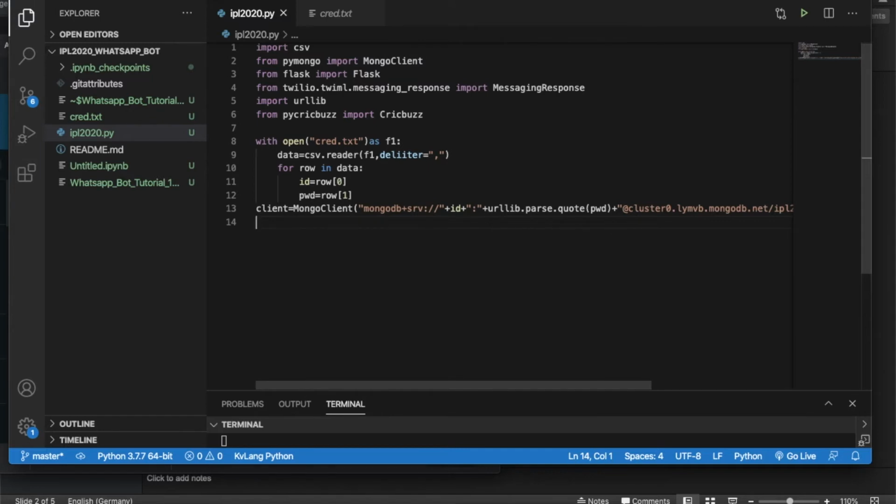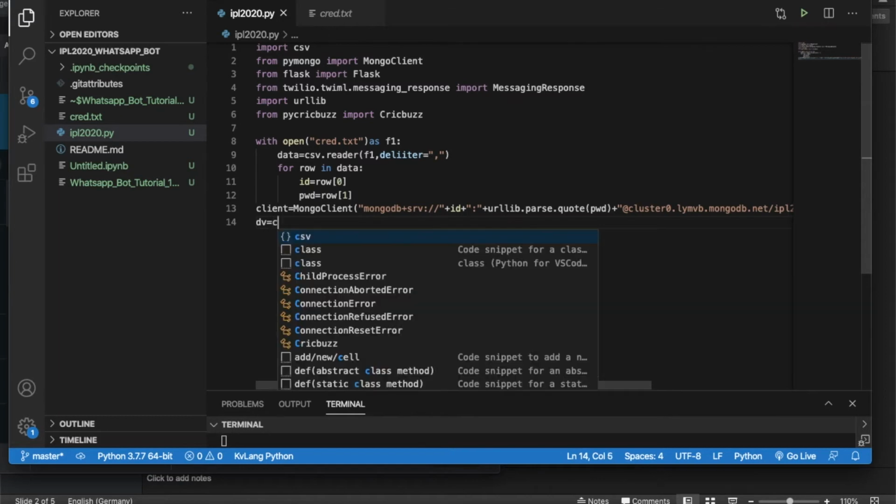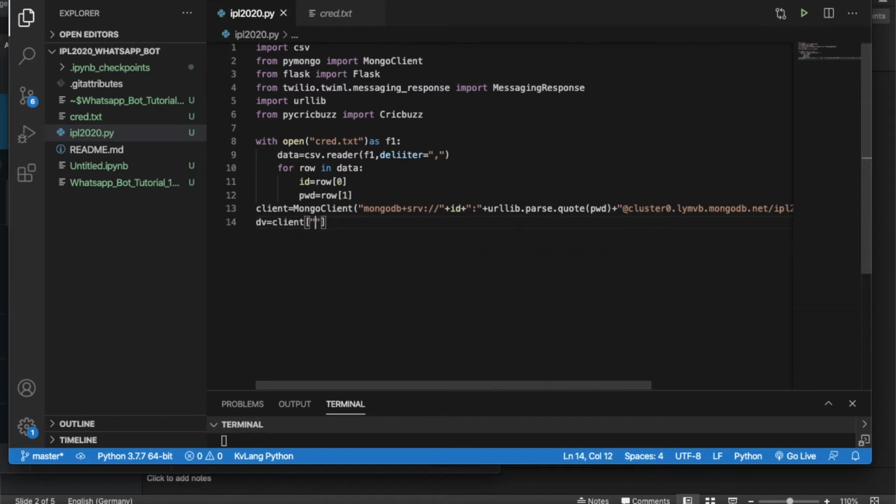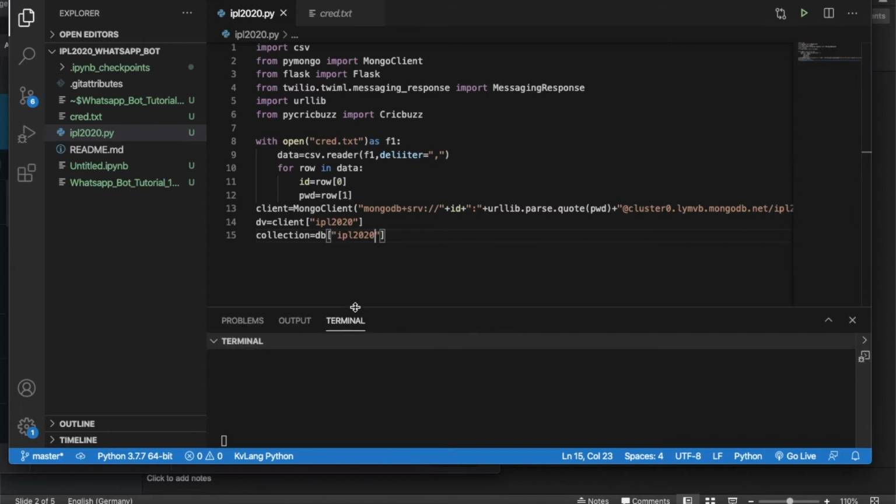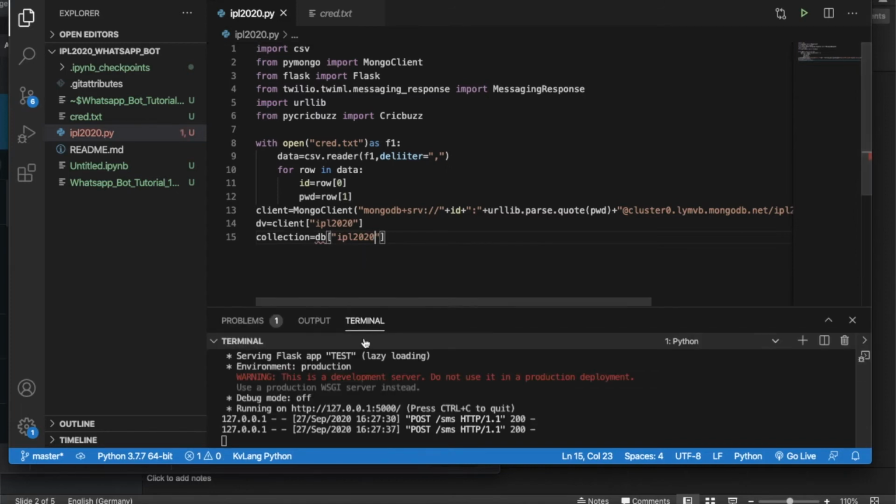Now I've established the connection, so I'll create the collection object. First let me connect to the database: client dot IPL 2020, and the collection will be db dot IPL 2020. This is how you can connect to your MongoDB. That's it. Let's run this, and if everything is fine there should not be any error.